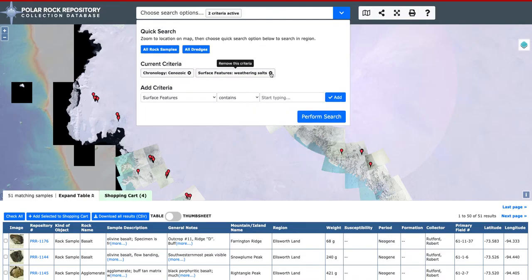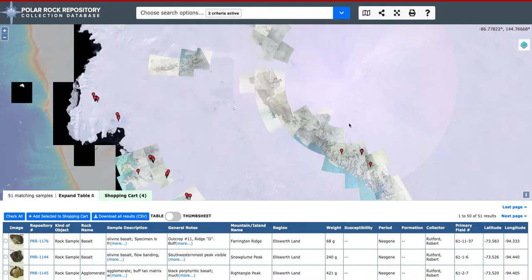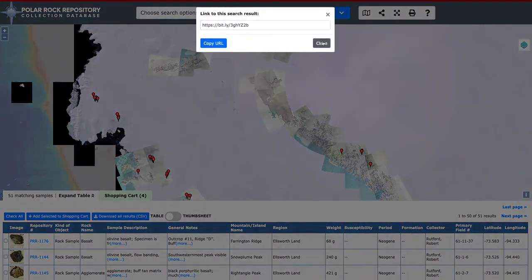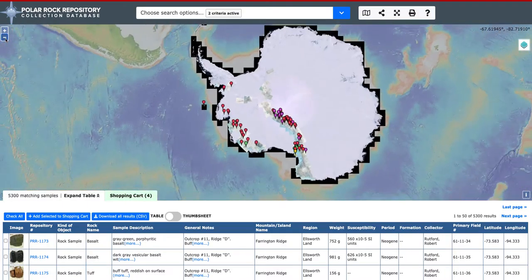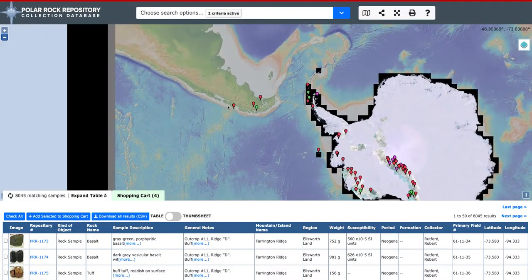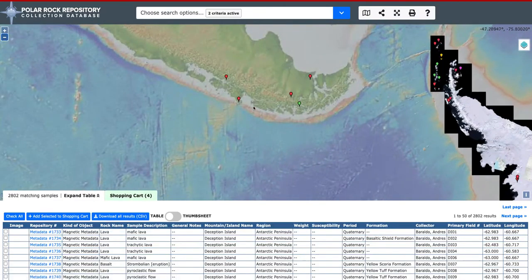Lastly, I'd like to show you a few more things about the website. After you've done your search, you can share your link, copy the URL, and share that with colleagues. You can print the results. That'll print the map and the table below. Let's say you're looking at a more global view and you want to look at more than just the Antarctic samples. You could go to what we have in South America,